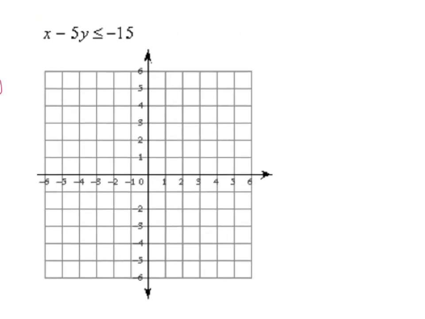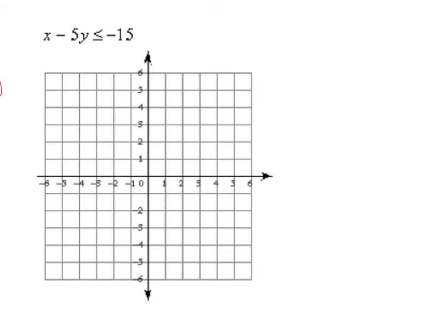The last one, we have to graph an equation that's in standard form. Now, it may cause issue for some, but it is a skill that must be mastered, and that is to make sure you can take an equation and put it into slope-intercept form. If I do that, I get -5y less than or equal to -x minus 15. I divide by -5,